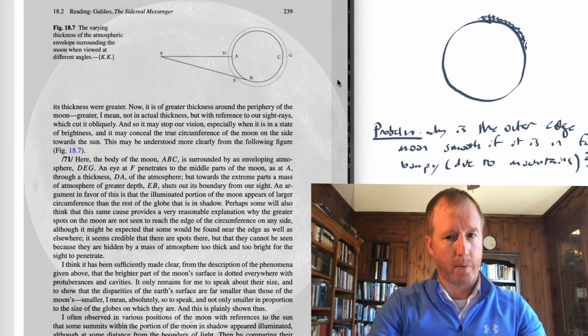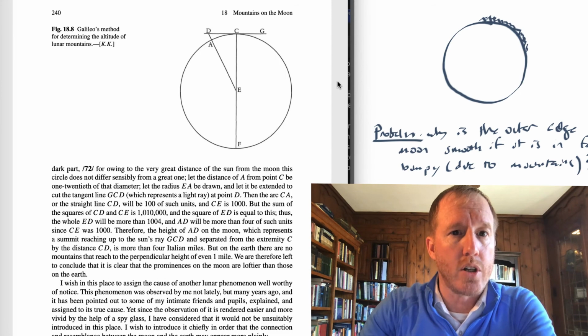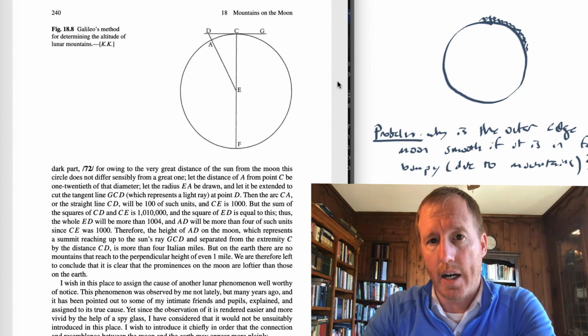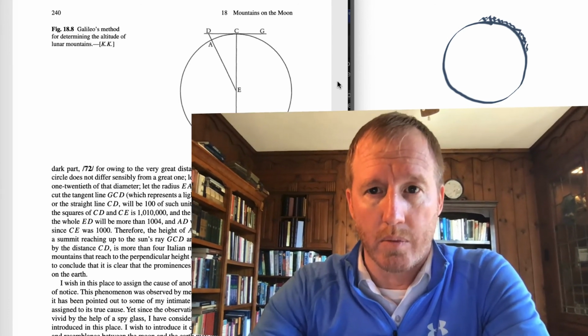Now, what else does he talk about? There's something very interesting and perhaps a little bit complicated at the bottom of page 239 and the top of page 240. Interestingly, Galileo was actually able to measure the height of the highest mountain that he was able to find on the surface of the moon. This is very interesting because, of course, Galileo doesn't go to the moon, yet simply by looking at the moon through his telescope, he is able to determine the height of one of the mountains on the moon. And he says that it's about 4 or 5 miles high. So in my next lecture, I'm going to talk a little bit about how he is able to carry out this measurement.